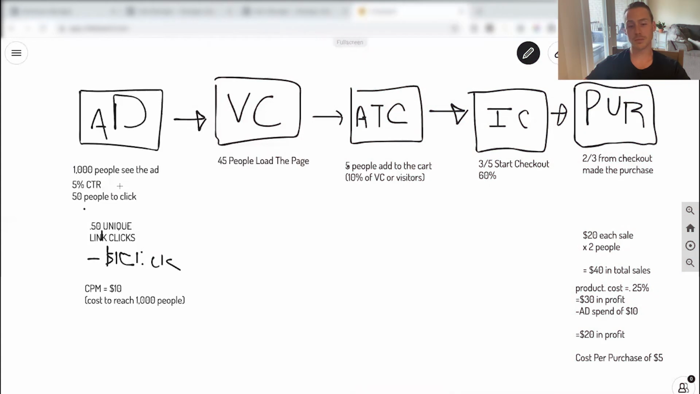Of those 1,000 people that saw the ad, we have 5% click on the ad, which resulted in 50 people. Out of those 50 people, only 45 stuck around for the page to load. The other 5 dipped out or their internet timed out. Okay, out of those 45 people that came to the page, now we had 5 of them, almost 10%, actually